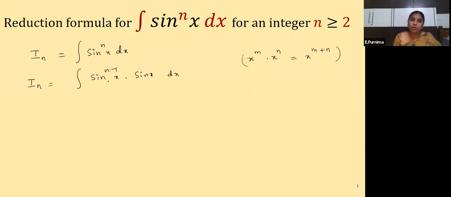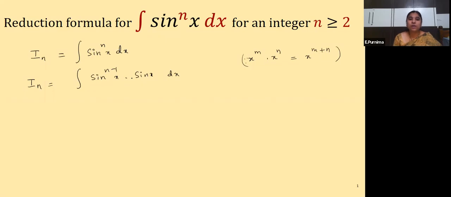Now here both are trigonometric functions only and they are in the form of a product. So here again we are trying to apply the u into v method only. But then what to consider as u and what to consider as v? That method is useful when two different functions are there. But here the two are trigonometric functions only. So how can you apply u into v? Which is to be considered as u and which as v?